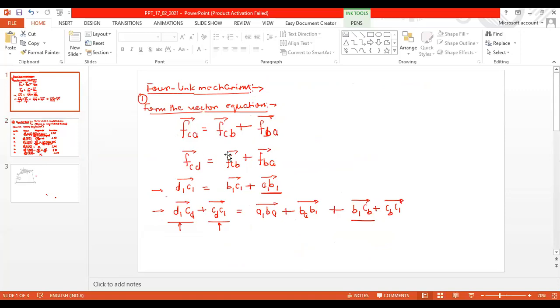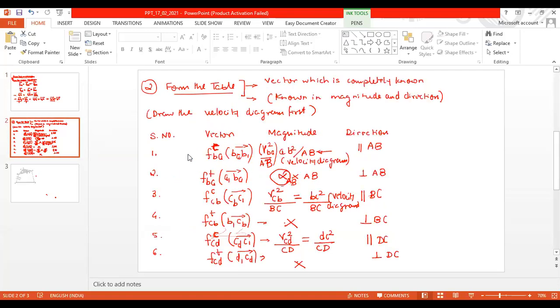We saw how we can form the vector equation, and how each vector is broken down into two components: one is the centripetal component and another one is the tangential component. So these things we discussed. I hope till this point everything is clear to all of you, right? How to form the vector equation. Then next we discussed writing down all the vectors in a tabular form, so that we can keep a record of which vectors we have drawn and which vectors we have yet to draw, right?